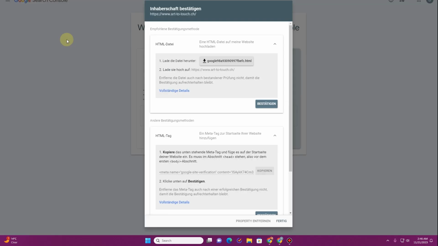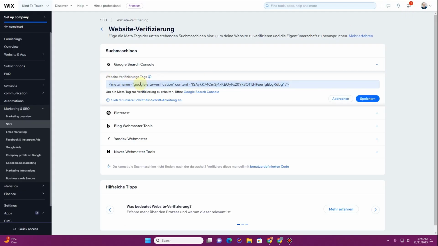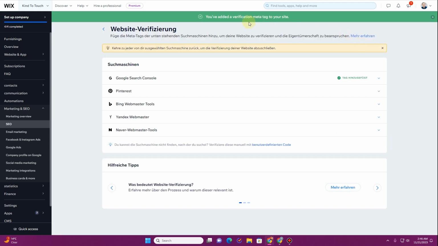Just to confirm, you can go back to the Google Search Console and here you will see this HTML tag. Just click here on the copy button and copy this. And then once again you can go back into your Wix account, and here you can see I have pasted this HTML tag here. Once done, you can click on this submit button,